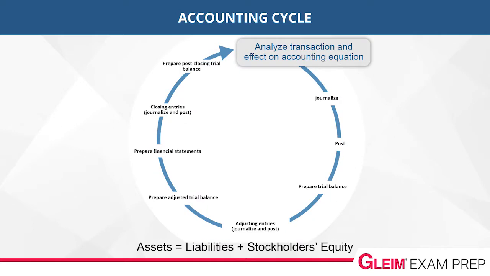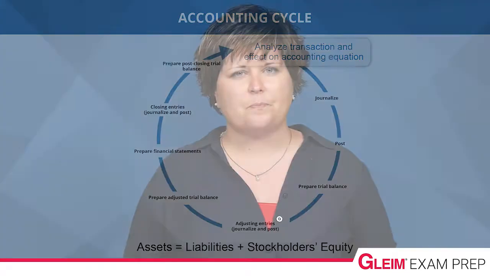Our first step in the accounting cycle is to analyze the transaction. Each transaction we record in the accounting process has a dual effect to the accounting equation. Remember, this is the equation that must always remain in balance. So before we jump into debit this and credit this, I like to make sure that my students understand the effect on the accounting equation. If we do this first, I think it makes the debit-credit stuff much easier.